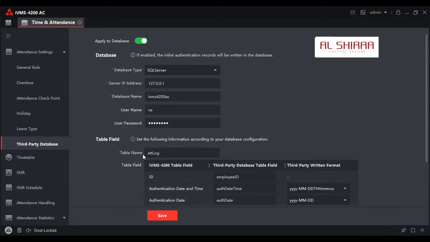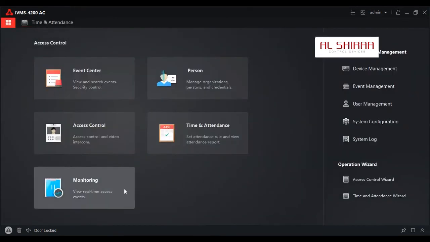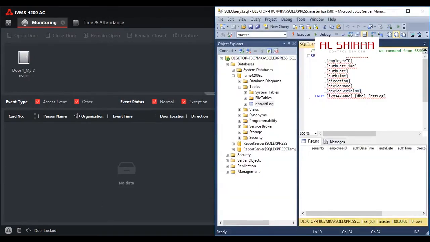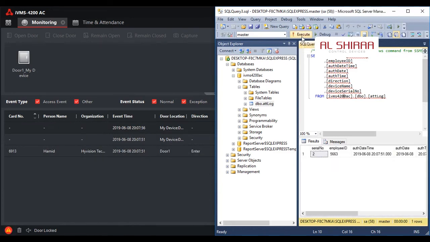So what I'm going to do is I'm going to mark a punch on the device, and you should be able to see it on the screen over here, and at the same time you will see the record over here once I refresh. So let me punch on the device. Thank you. So I punched on the device, a record is created. I'll just execute the script again, and here you can see the record,